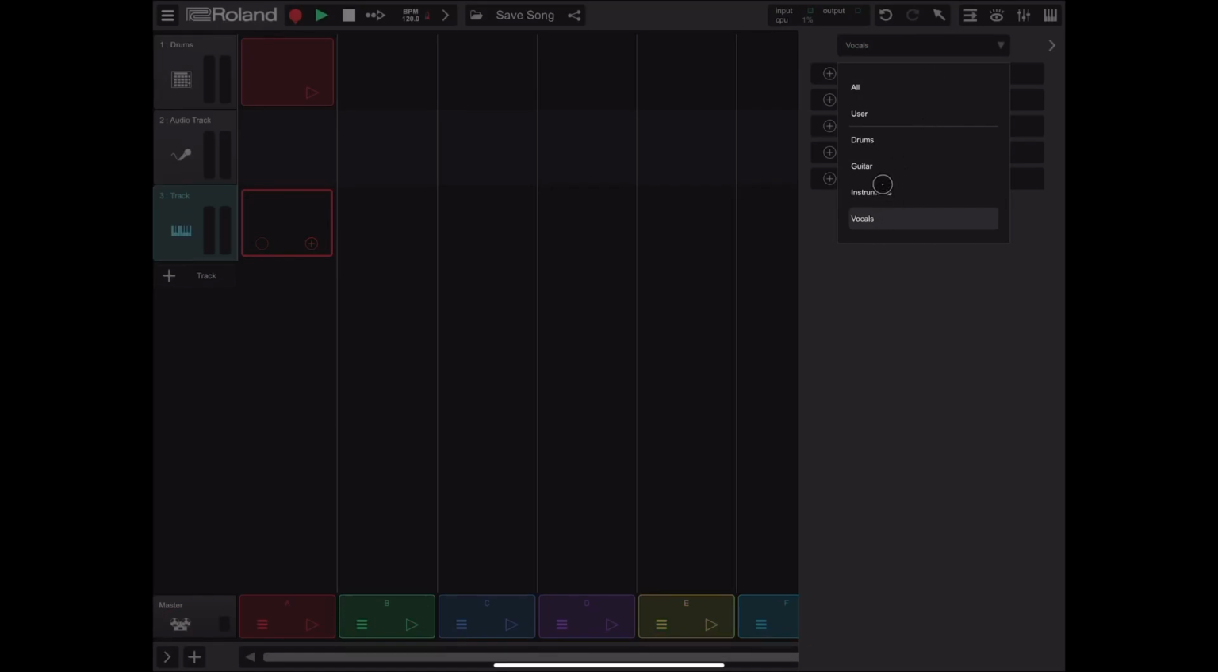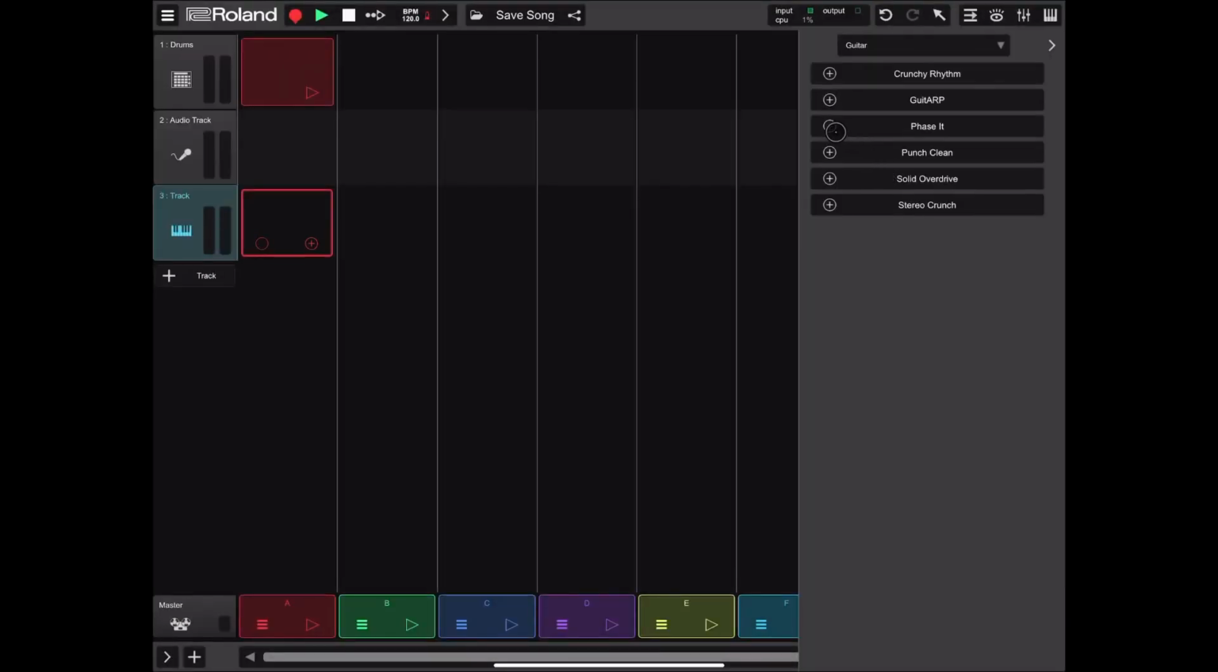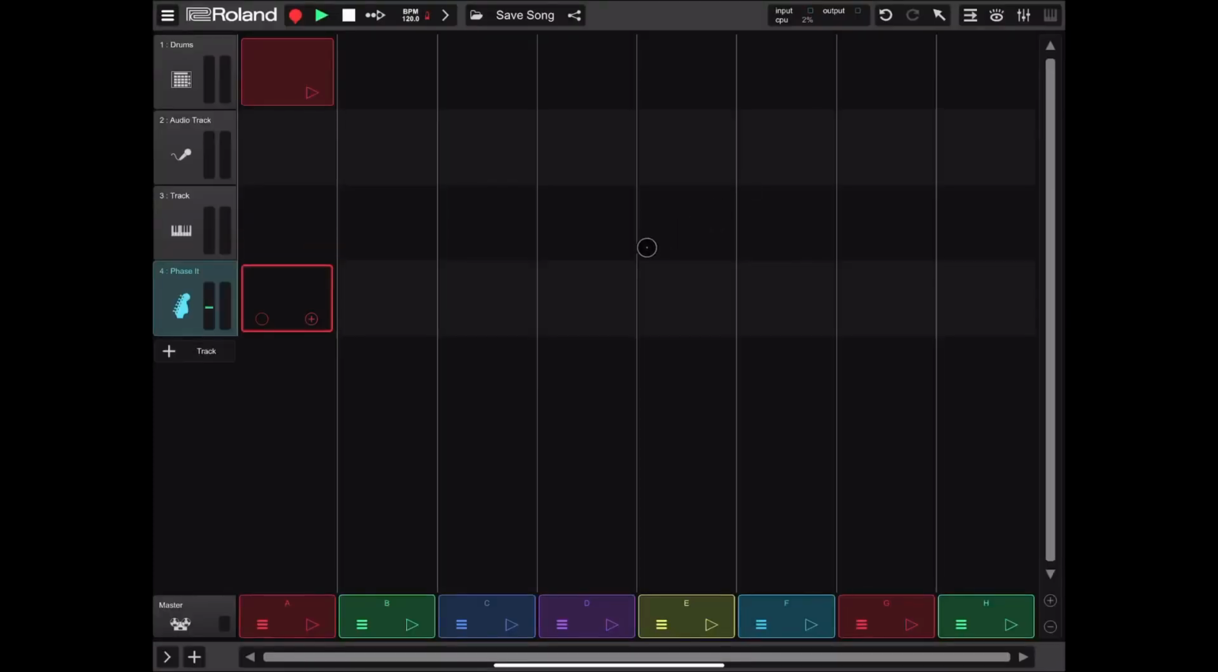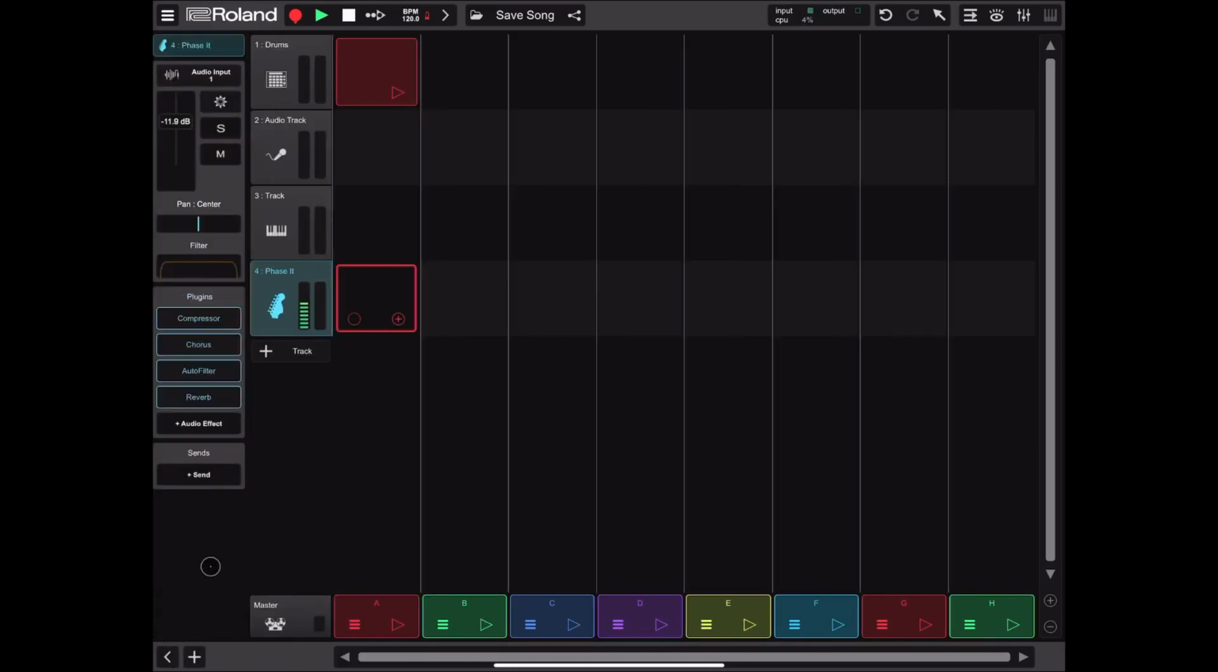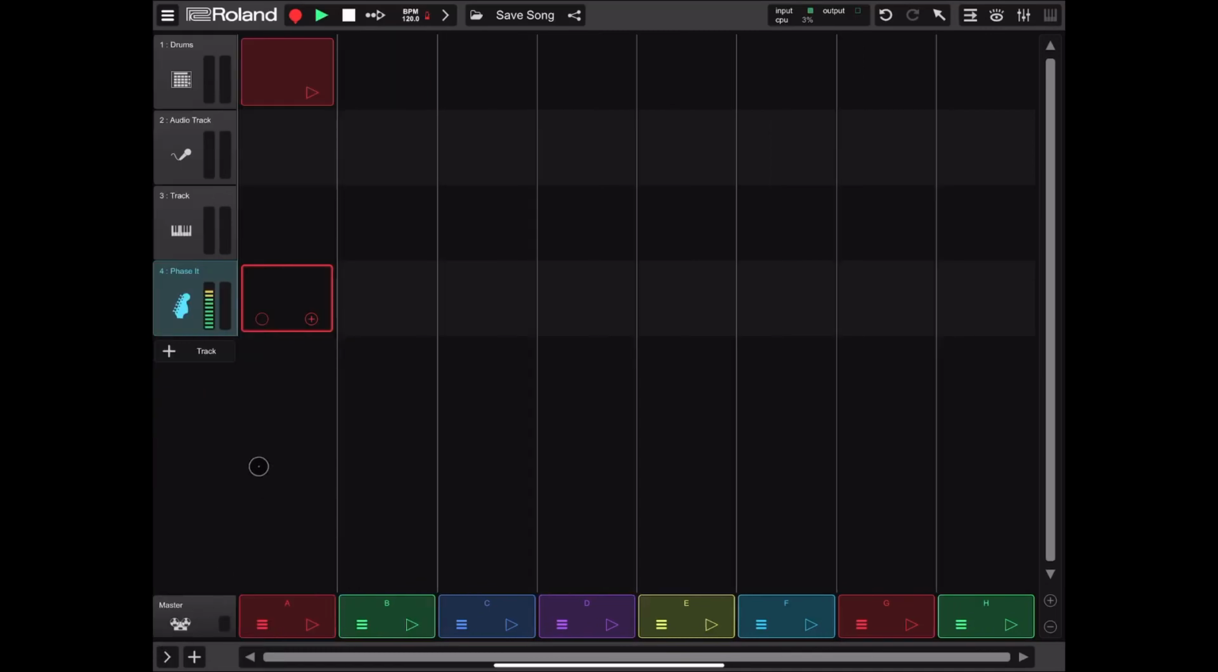So for guitar, for example, let's include the phase 8 template, and here you can see that it has created a track based on specific settings. So if you expand here with the arrow to the right, you can see that there are some default plugins which have been applied to the particular track. So track template is a very powerful functionality. So let's continue to explore